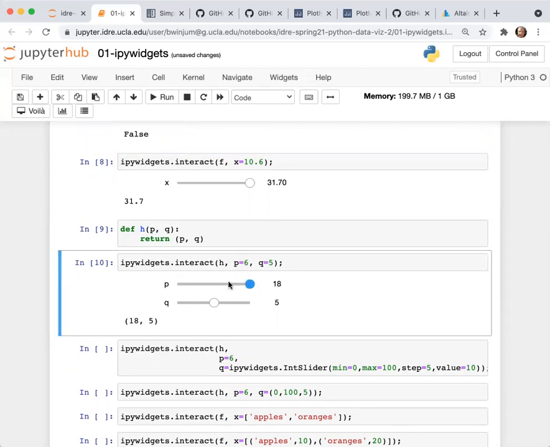And you can see when I scroll this, it changes what's being returned by the function. And I can scroll Q as well. So there's the ability to scroll these independently of each other.